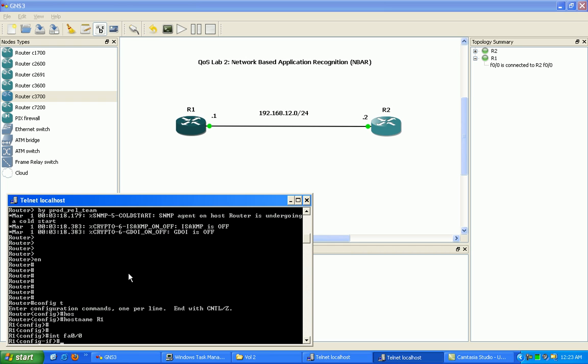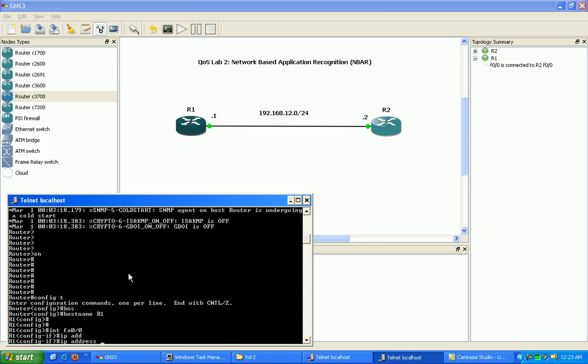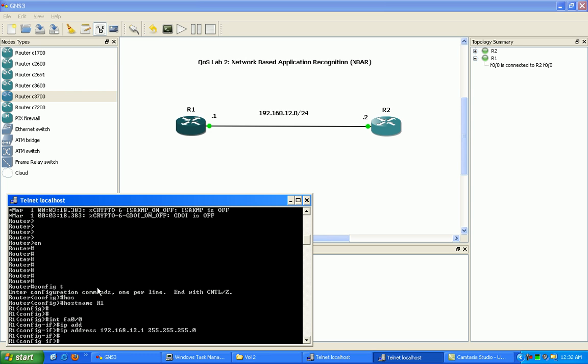So let's go ahead under the interfaces here, get the interfaces up and talking. So router 1 we're going to make the .1, router 2 we're going to make, of course, the